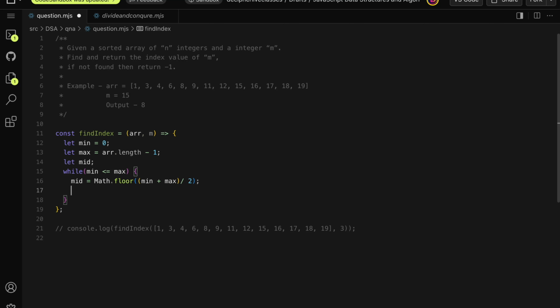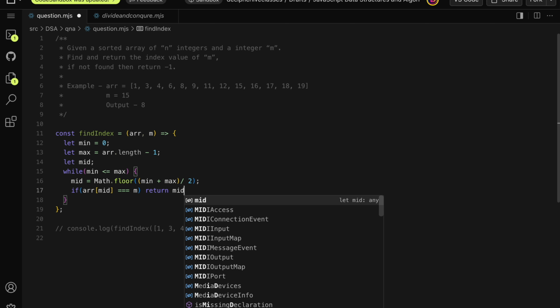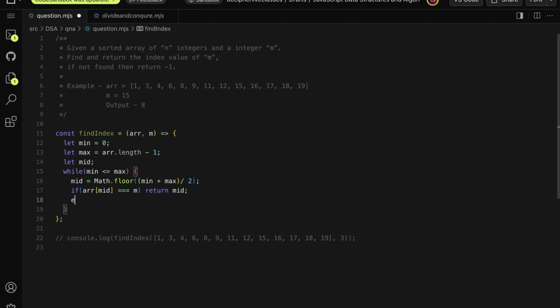Now we need to compare our target value with our midpoint. If our mid value is same as our target value, then we will simply return the index. Else if our mid value is smaller than our target value, then we will shift our minimum point next to our midpoint. That will be something like,